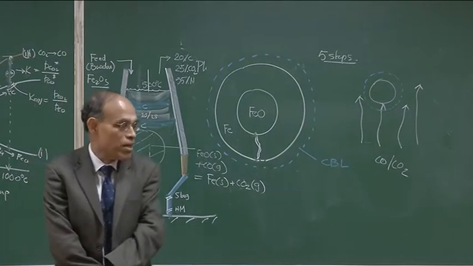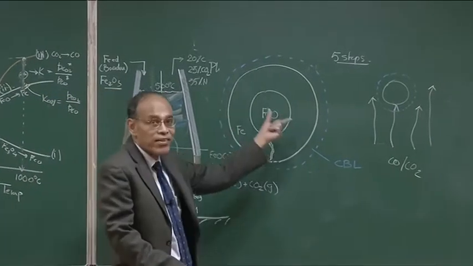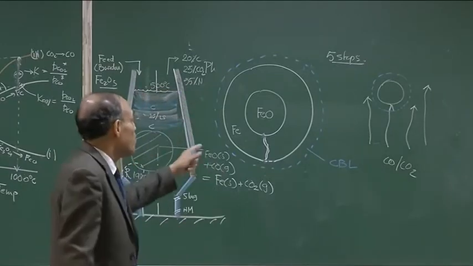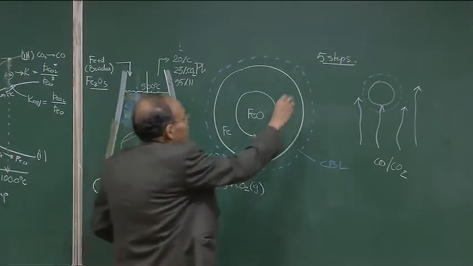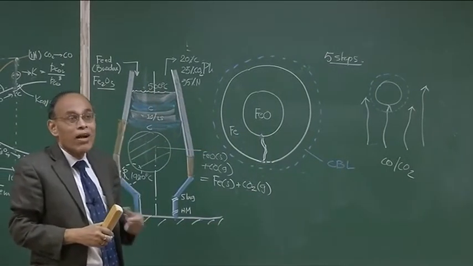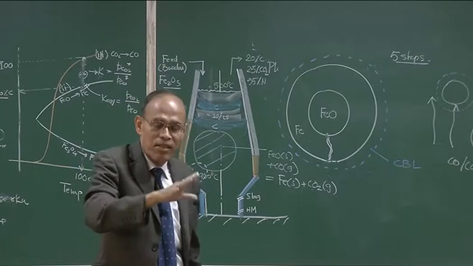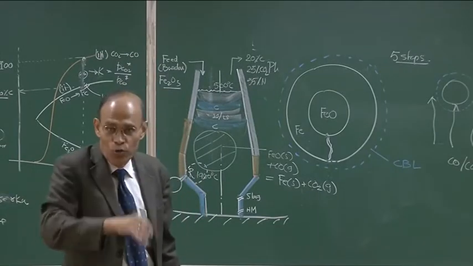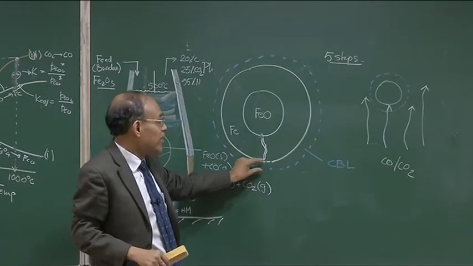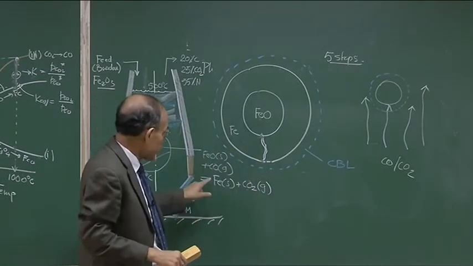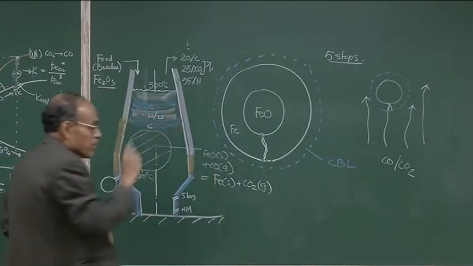I hope you all know what rate controlling means: it is the slowest kinetic step. The chemical reaction can be slow and rate controlling. If it is chemical reaction rate controlling, we say it is chemically controlled. On the other hand, if mass transfer is slow, then we say it is a transport controlled process. Now, of the 5 steps, one mass transfer step could be rate limiting plus the chemical reaction. When both mass transfer and chemical reaction influence the rate of the process, then we say it is a mixed controlled process. On the other hand, if only the boundary layer transport is important, then the reduction reaction is actually transport controlled, and in that case all other steps can be taken to be virtually at equilibrium,